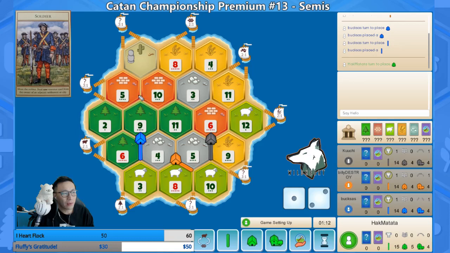This is a tricky spot, though. I mean, 5-9-10, 8-4-3, those numbers almost seem too good to pass up, right? Yeah, I'm looking for somewhere else. Yeah, you could try to double up. That's the best thing I can...